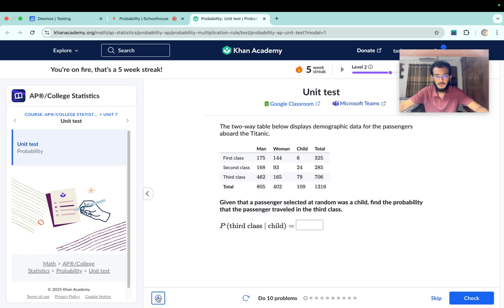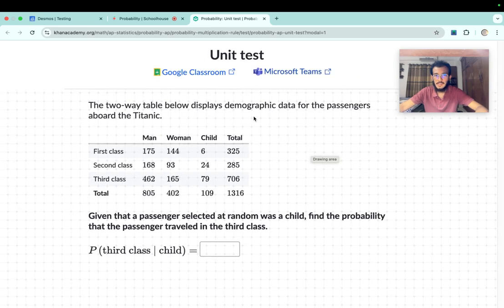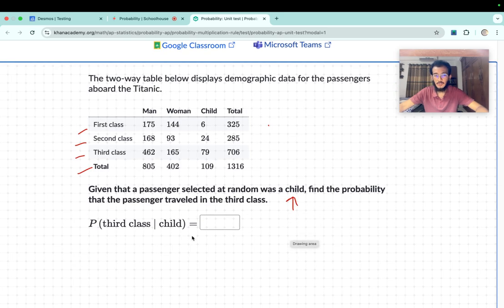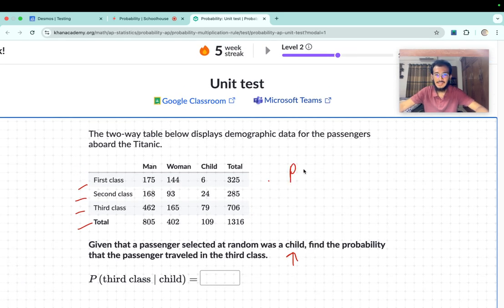For the first question, they are asking us to find the two-way table below displays demographic data for the passengers aboard the Titanic. We have first class, second, third, and total; man, woman, child, and total. Given that a passenger selected at random was a child, find the probability that the passenger traveled in the third class. So this is a conditional probability, and we know the formula for finding conditional probability is,